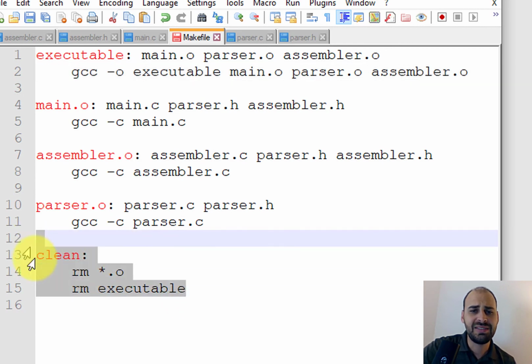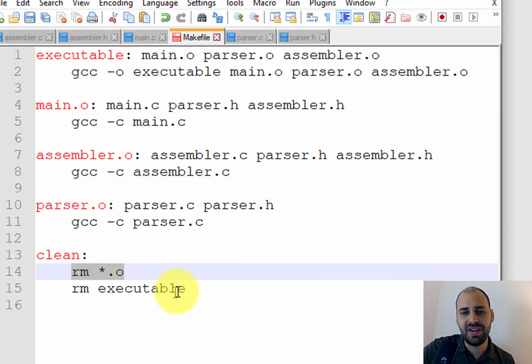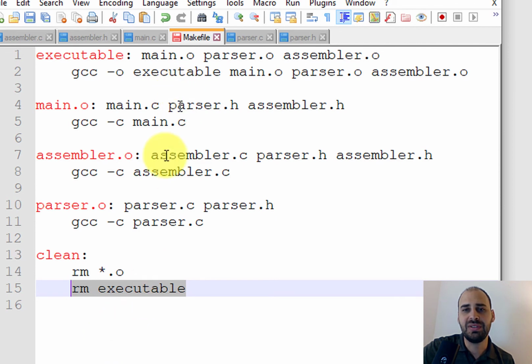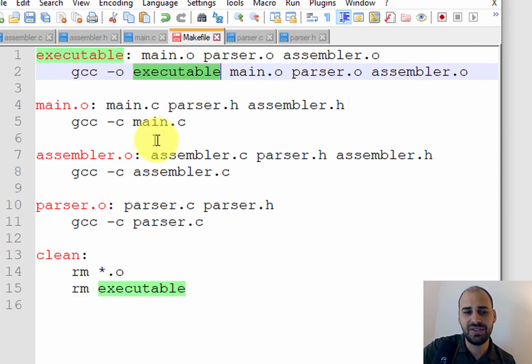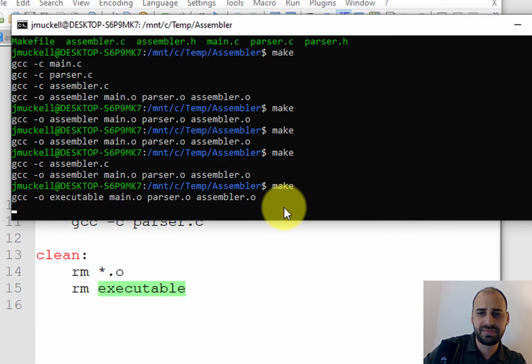And this last rule down here, the clean step, a good thing to have is if you want to wipe everything that was generated through running the Makefile. This is just getting rid of all the object files and the executable. And again, I could change the name of the executable, anything after the -o. But I just call it this just so you can see clearly what it is in this case. So if I run this again,